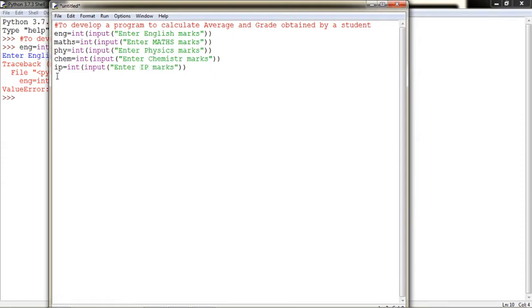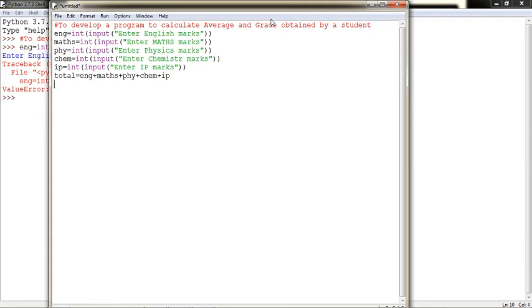Fine. After doing it, let us calculate the average. First of all, let us calculate the total marks, then average. Total is equal to ENG plus maths plus physics, PHY, whatever variable you have taken, CHEM plus IP. I think these are the variables taken for the various subjects.